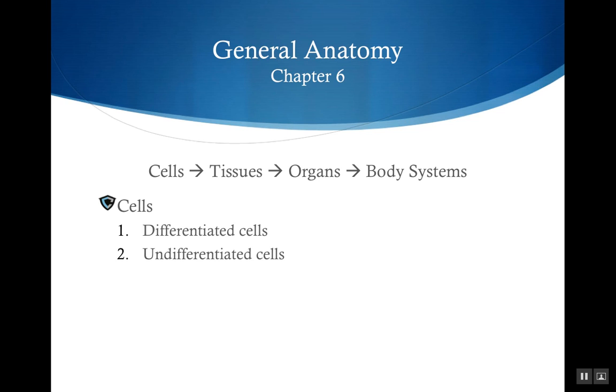The blank tiles in Scrabble can become any letter that you want them to be, just like an undifferentiated cell has the potential to become lots of different types of cells. There are two different types of stem cells, and a lot of times you hear in the news about stem cells being controversial. We're going to talk about which type of cell is typically referred to in that controversy,